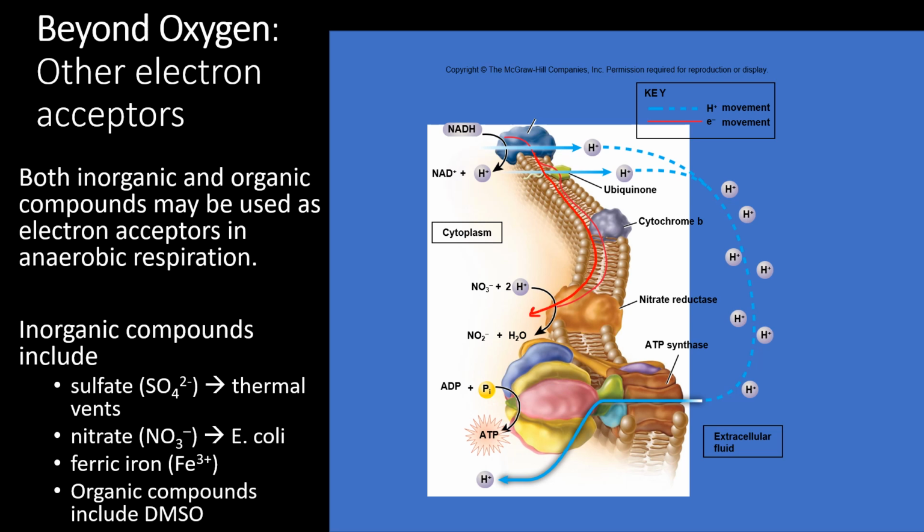In this case, there's no oxygen. Instead, you can see this thing here. That's the nitrate ion, okay? In other organisms, this would be replaced by a sulfate, okay? So those are the ones that happen in the deep sea thermal vents. E. coli, when it is under anaerobic conditions, will use the nitrate. Some organisms will actually use an iron ion, the ferric ion, Fe3+, and still others will use various organic compounds such as DMSO,